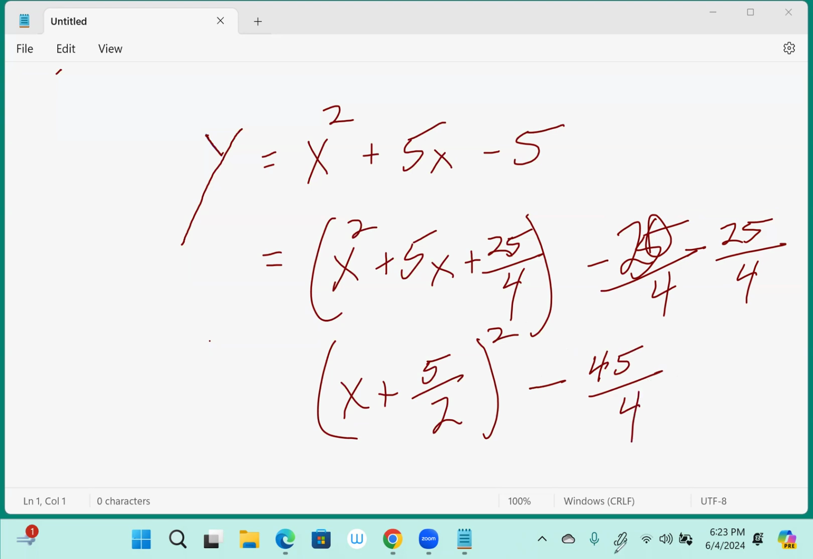And then the vertex is -5 halves, minus 45/4. And if you want to turn that into 11 1/4, that's fine. Or I prefer to leave all my